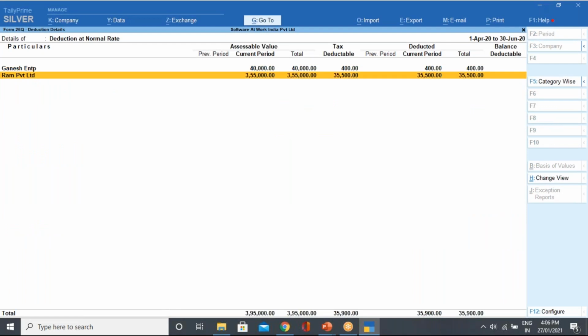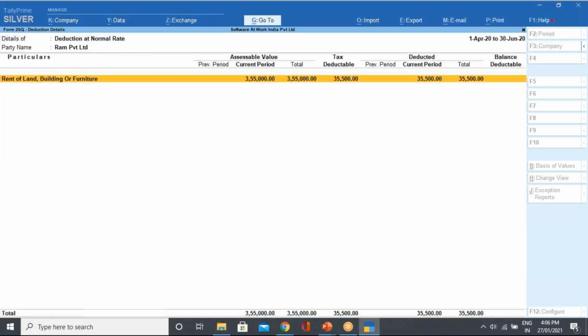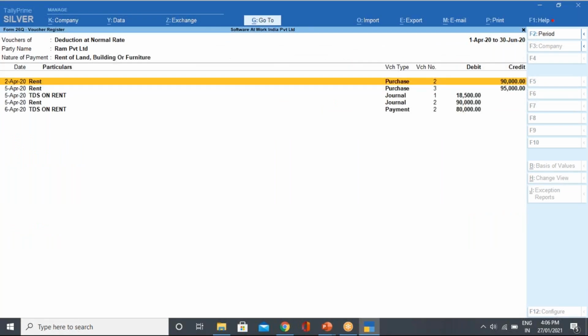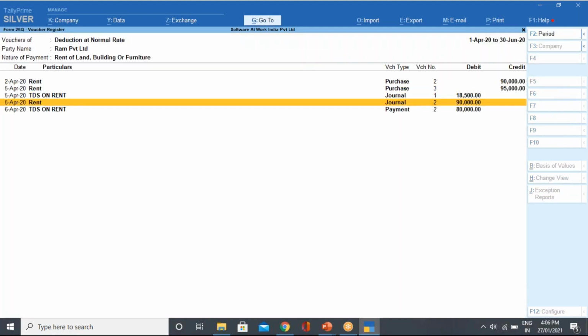Okay, this is how you can generate Ram Enterprise. You can see this 80,000 payment entry is there. Okay, so this is how you can do the entry. And one more thing I just want to complete before going further. This 80,000 I have passed, but what if the bill has come? Once the bill has come, we have to adjust this 80,000 against the bills. Okay, so how we can adjust that 8,000 which we have already paid with the payment, that we will see.